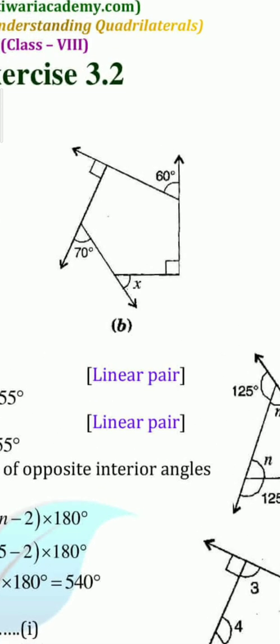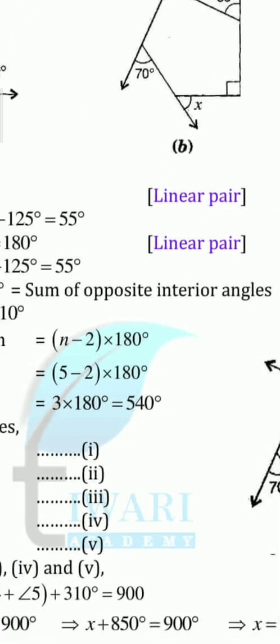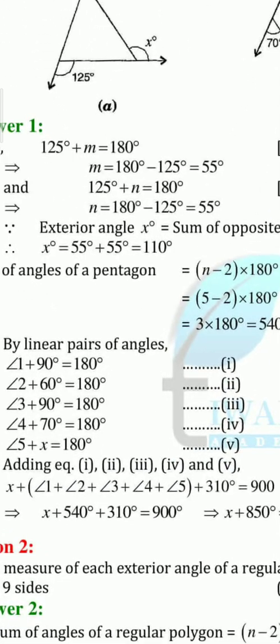Okay. Now see the next sum over here. Here also you have to find the value of x. Clear? Now kids, you can see 90 degrees, 90 degrees already given. Perpendicular signs are already given. So if one is 90, the other will also obviously be 90, because the total should be 180. Correct? So add all the angles. The sum of the measures of all exterior angles will be 360 degrees. Either you go with the linear pair method or you go with the sum total of external angles. Both the methods are perfectly right.